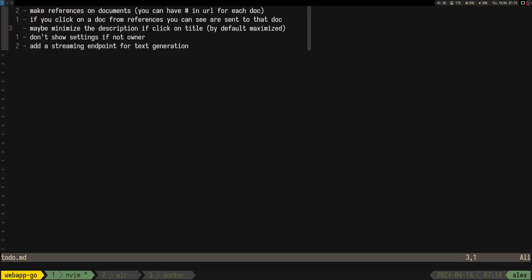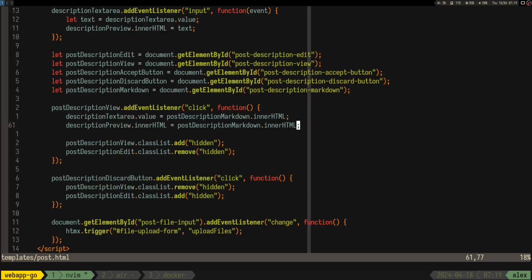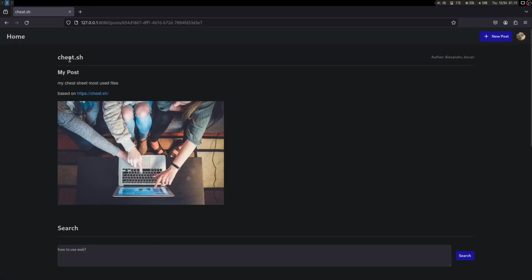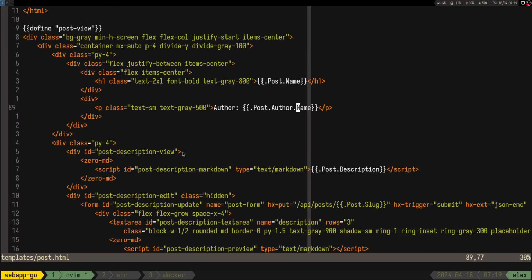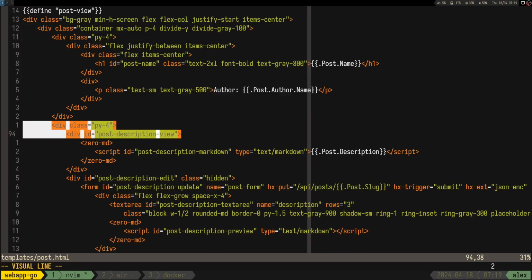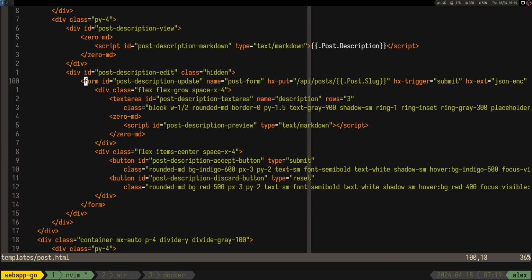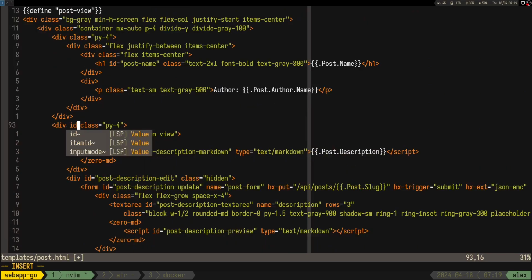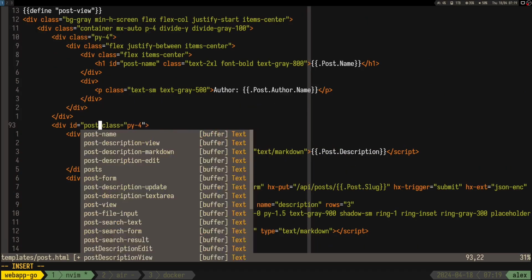Alright, so the next thing, what's next? Maybe minimize description if click on title. Okay, I mean, fair enough, makes sense, post HTML. So I was thinking that if I click on the title, on this one, post name, let's say it minimizes this div, right? The post